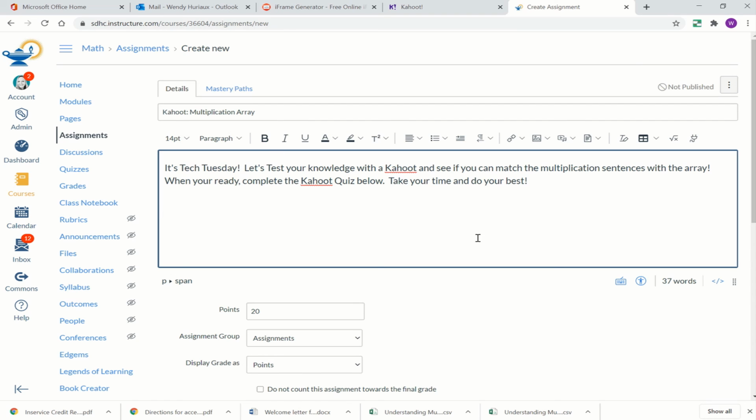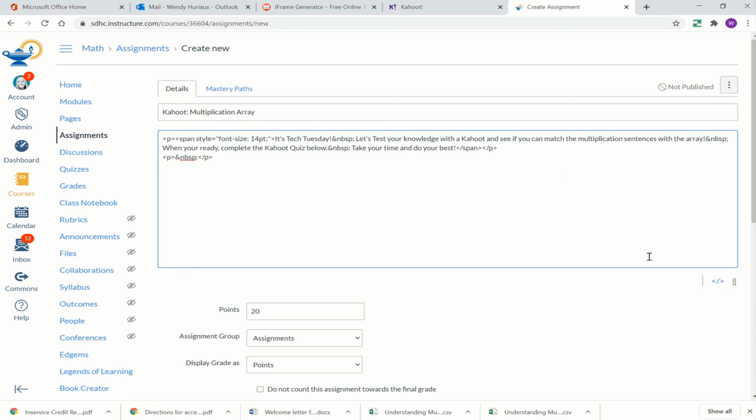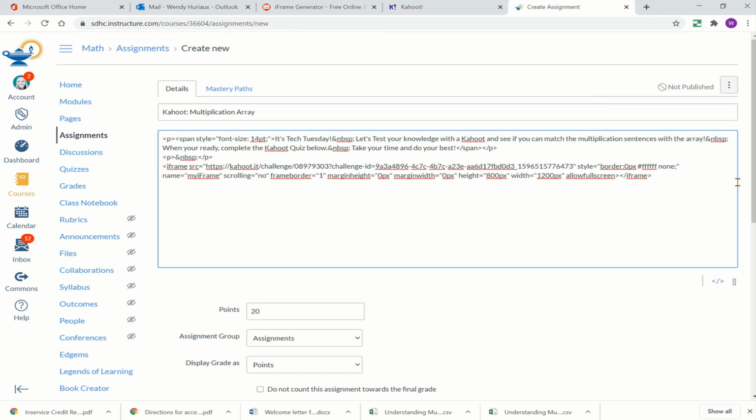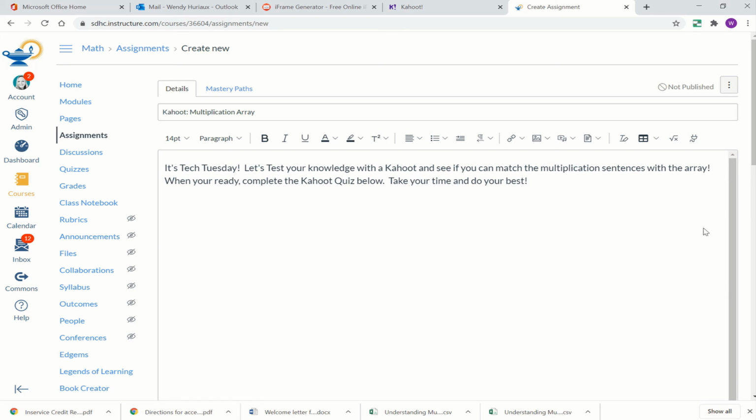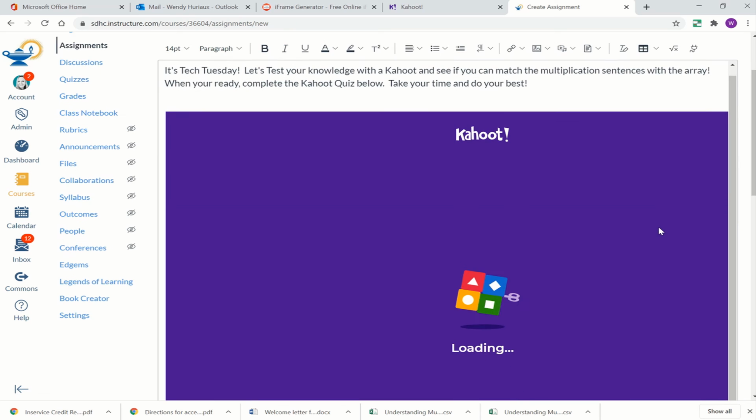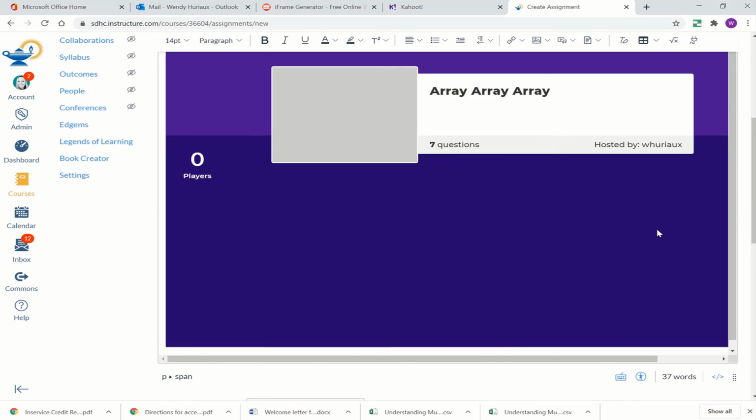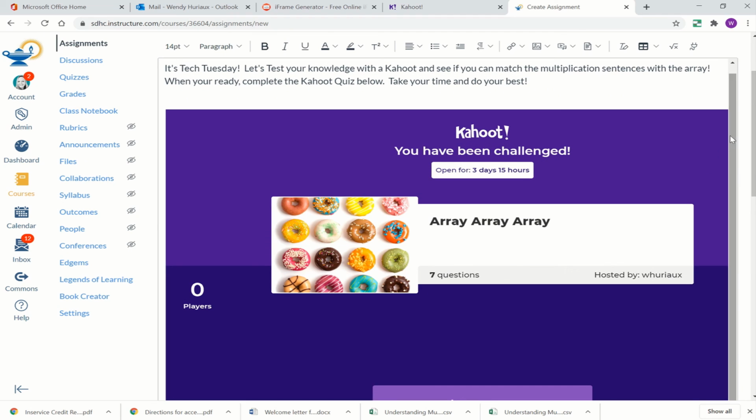Now, we cannot paste our code here in the text box. Only text can go here. But in the bottom right-hand corner, these little brackets, if you click on it, it will open the HTML editor. Skip down to the next line and paste your computer code. Once you paste it in, click on that same icon to go back to our text box. Voila! You will see Kahoot appear here right in front of you. This is going to appear here on the assignment for our kiddos. They'll be able to complete it